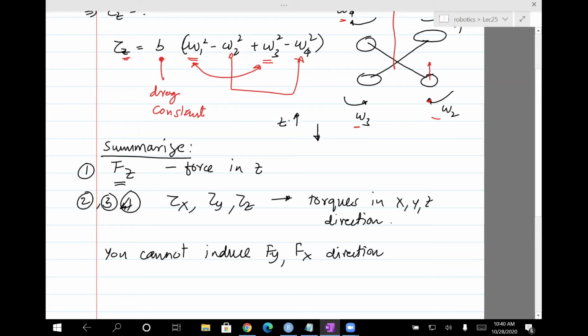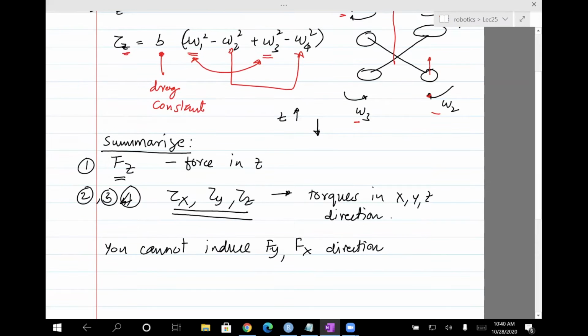Then the question is, how do you rotate the quadcopter? Well, these torques help to rotate the quadcopter because they are inducing only rotational motion. So that's the idea. Controlling a quadcopter is a bit hard because you cannot directly influence two directions. You need to indirectly get them by first inducing a rotation, and then the force will point in the right direction. Another way to think of this is,